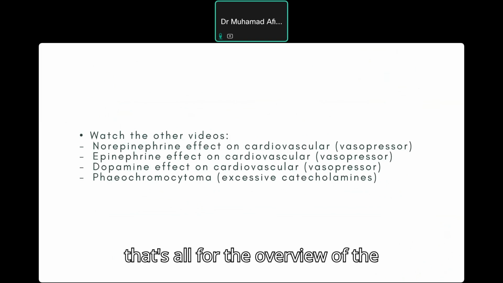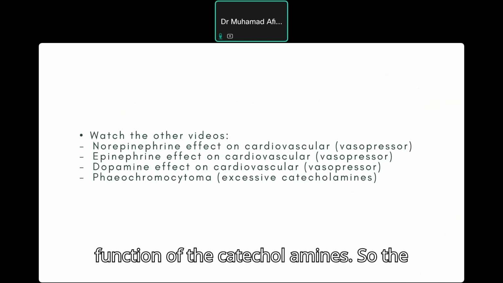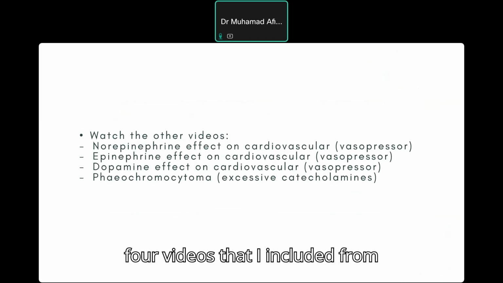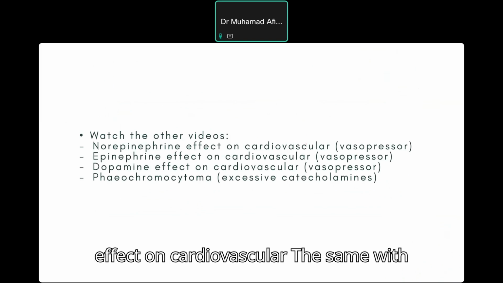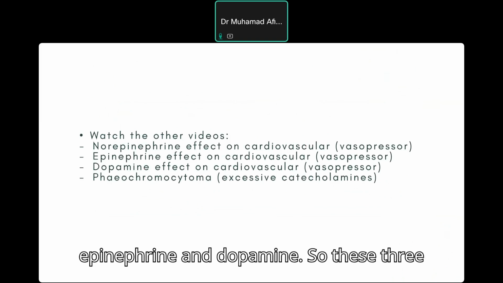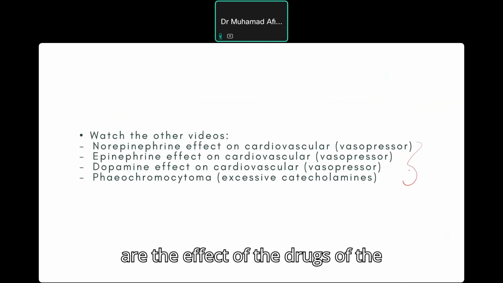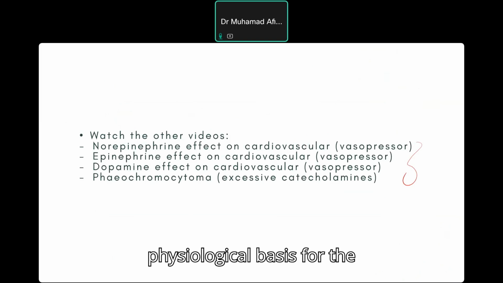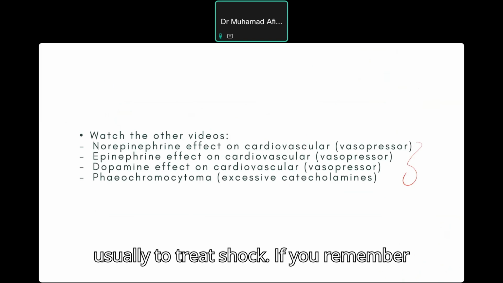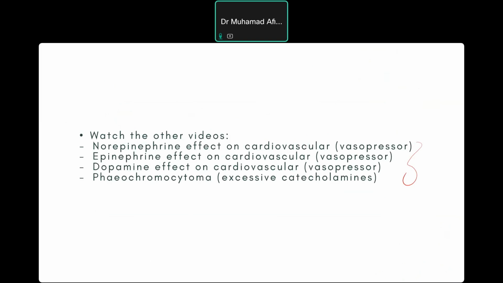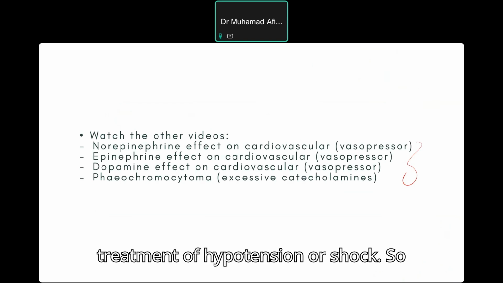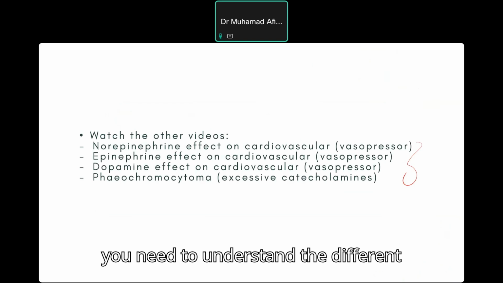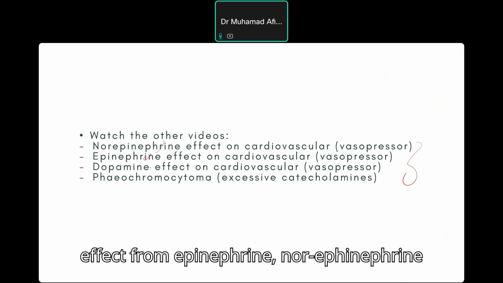So that's all for the overview of the function of the catecholamines. Then there are the 4 videos that I included from YouTube. You need to understand the norepinephrine effect on cardiovascular, the same with epinephrine and dopamine. These 3 are the physiological basis for the vasopressors that are usually used to treat shock. If you remember from your cardiovascular course, we talked about vasopressors as a treatment of hypotension or shock. So you need to understand the different effects of epinephrine, norepinephrine, and dopamine